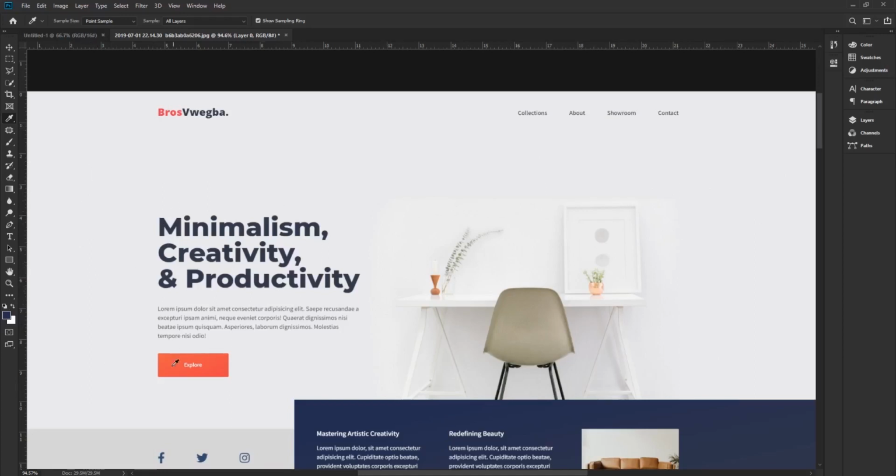So if you look at this one now, this one is one grid, this one is another grid. So we'll create a grid, then we'll create a div class that will contain all these things here. This one will be an H1: minimalism, creativity and productivity. Then this other text will be a paragraph. For this one, if you use a button or an anchor tag, then we'll style it to look like a button. Then here will just be the image that we need.